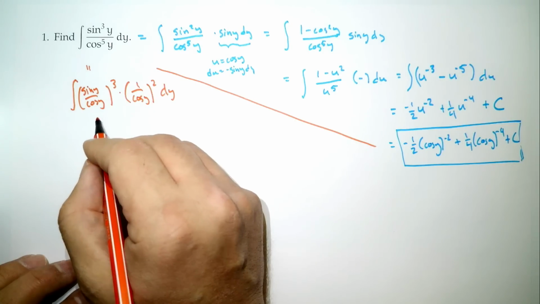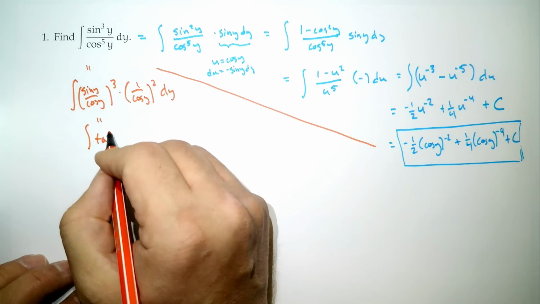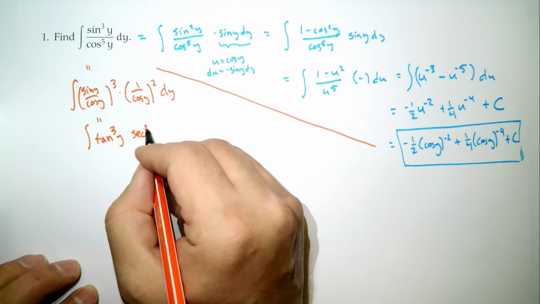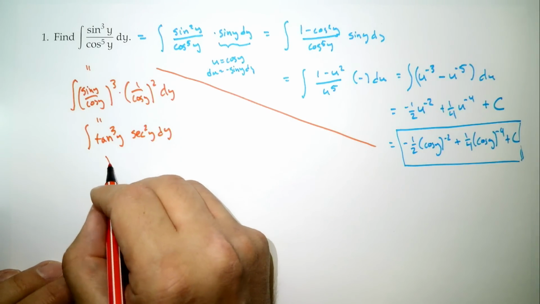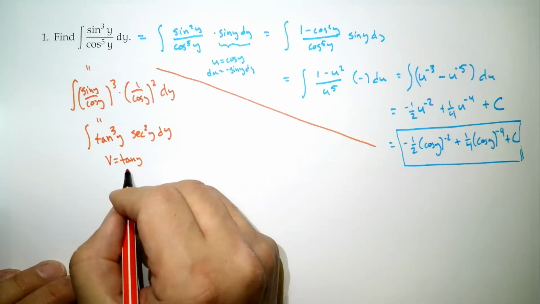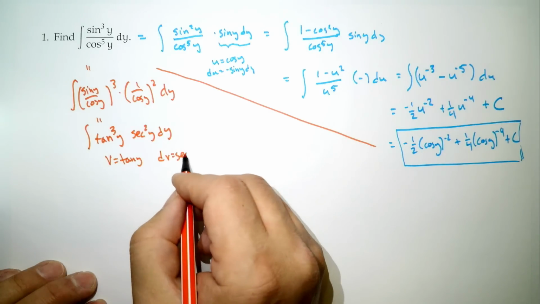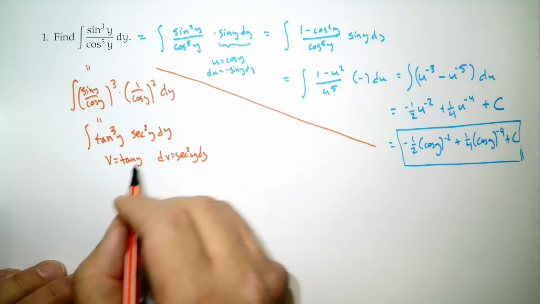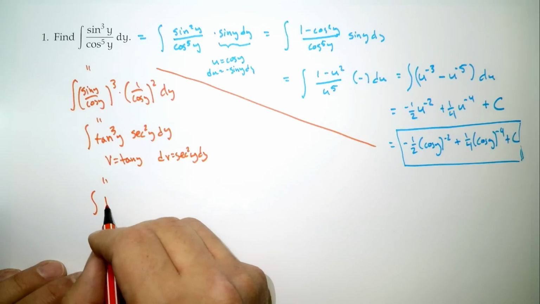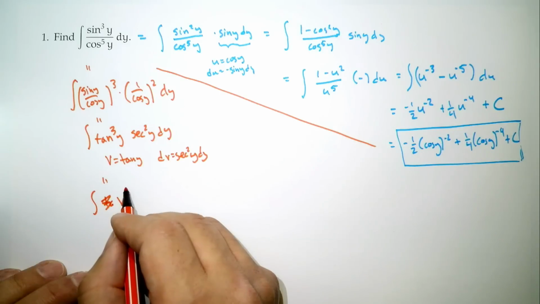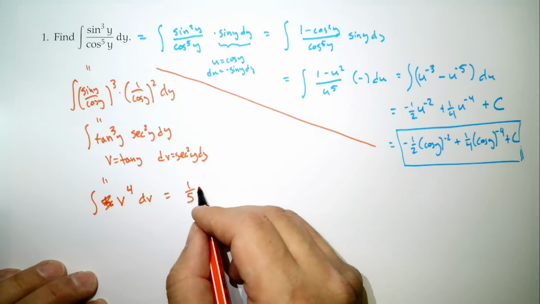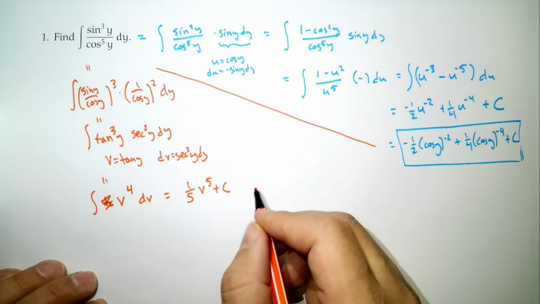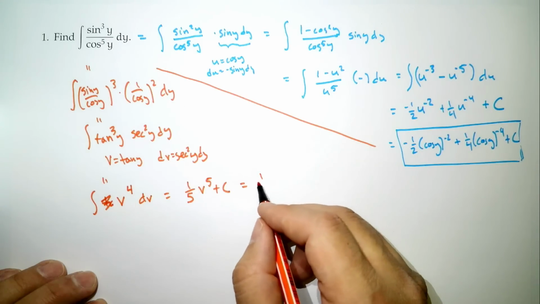And so what is that? Well, that's tangent cubed y times secant squared y dy. Now what can we do in this case? We can do tangent. So if we make a substitution, let's say v equals tangent of y, then dv is secant squared y dy. So this would become the integral of v to the 4th dv. Well, that's 1/5 v to the 5th plus c,